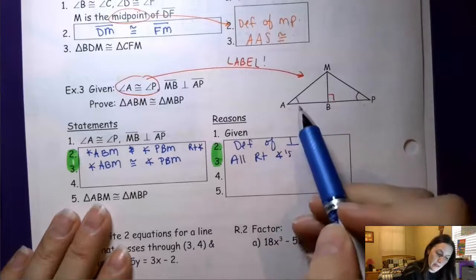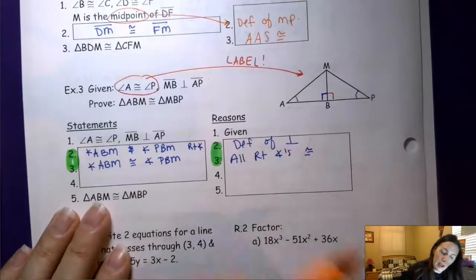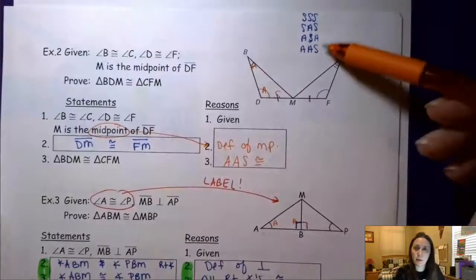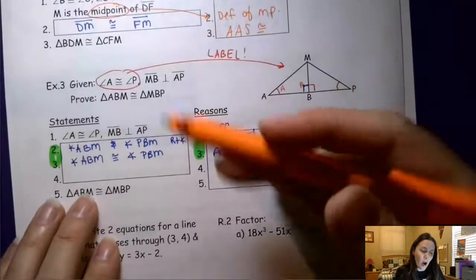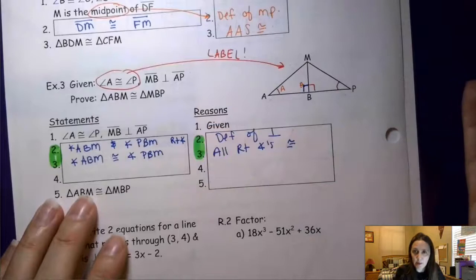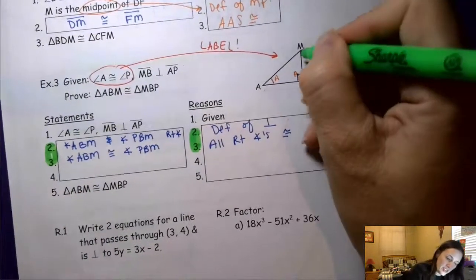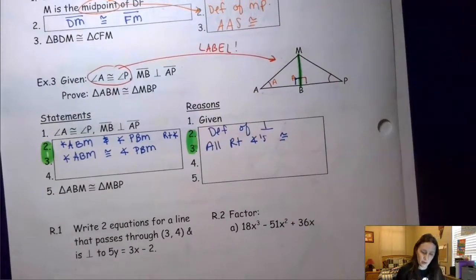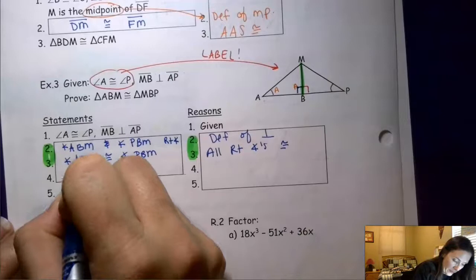So now I have this angle and this angle. I have 2 angles that are congruent. I like to label it. Again, I have 2 angles. If I look back up here, I'm probably going to use my third or my fourth one. I need a side. Are there any sides that I can say are congruent in this problem? And when I look at the problem, they share this side, MB. Again, I mentioned earlier, this is where that reflexive property is going to come into play. When you share this property, I can say that BM